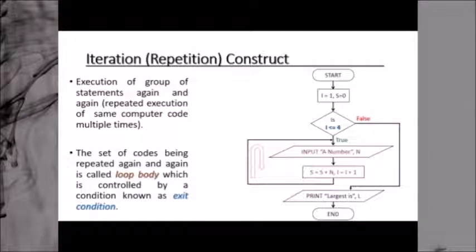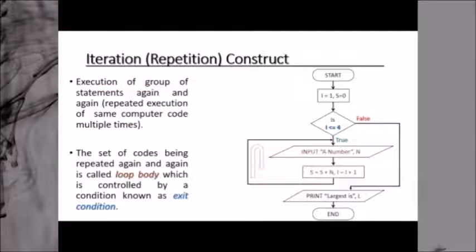Just take an example, say I had made a program to find the sum of two numbers, but I want to make a program to find the sum of four numbers. So what are we exactly going to do? We ask a number, add the number, ask another number, add the number, ask another number, add the number, ask another number, add the number. So asking the number and adding the number, this is the process which we are repeating again and again.